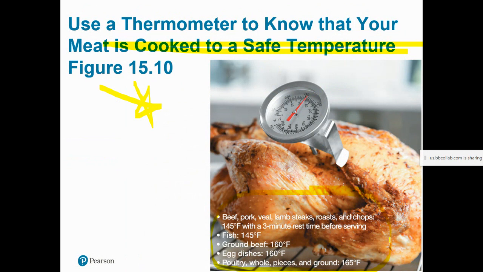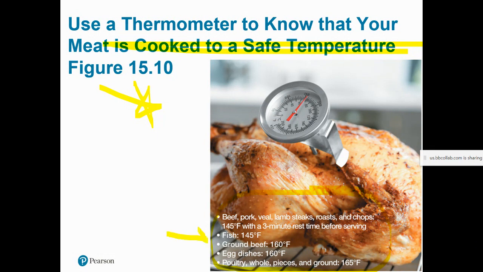Most often, these pathogenic microorganisms aren't actually living in the fruits or the vegetables, but they can live in the flesh of these dead animals, and also the living animal before it's slaughtered. So the cooking is really specific to meat, fish, poultry, and eggs. We don't have to cook fruits and vegetables to a certain temperature. Really, the key there is to just wash them thoroughly before ingesting them.